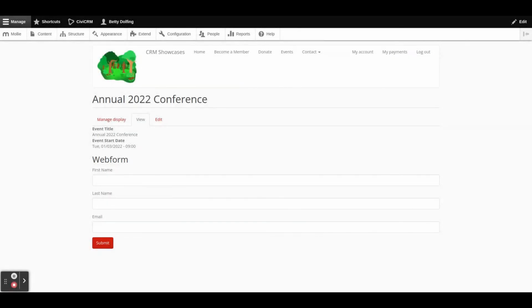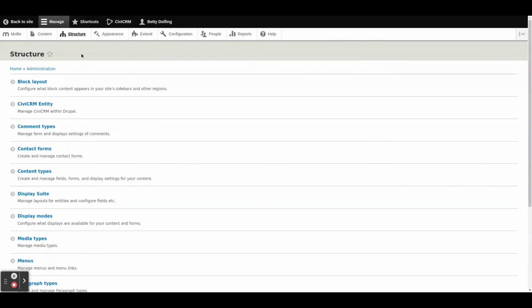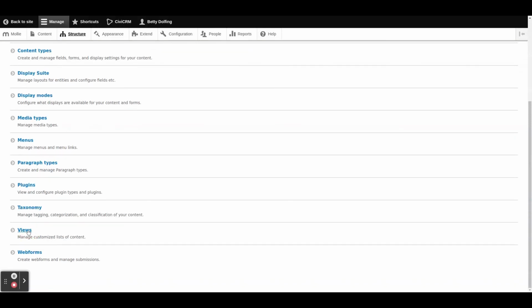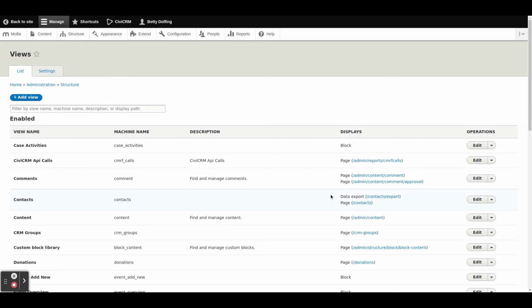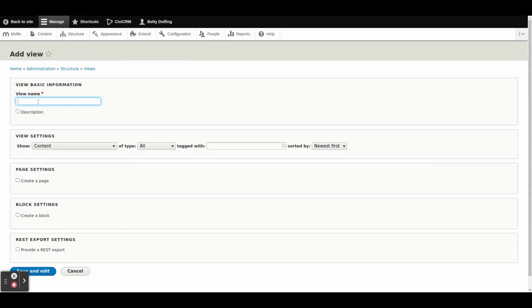The last step to set up the display page for a single event is to add the list of participants that have already subscribed to the event. To create the view, go to Structure, Views, Add View, give it a title,